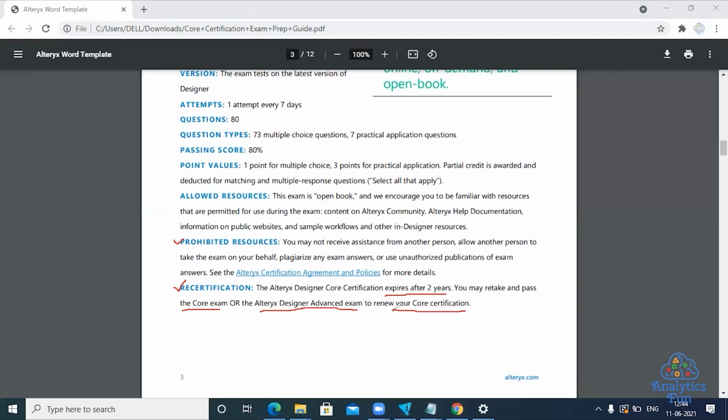But you can write the advanced examination again and it will renew both your advanced as well as your core certification. So one certification that is advanced, which is level 2, will renew both level 2 as well as level 1 after 2 years. Now let's move ahead to the course outline.